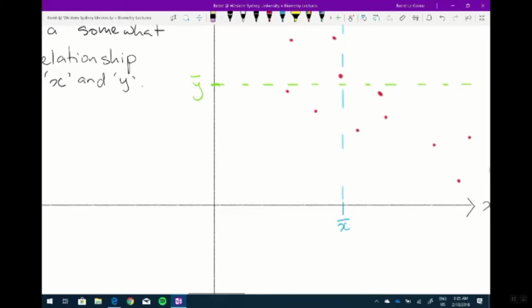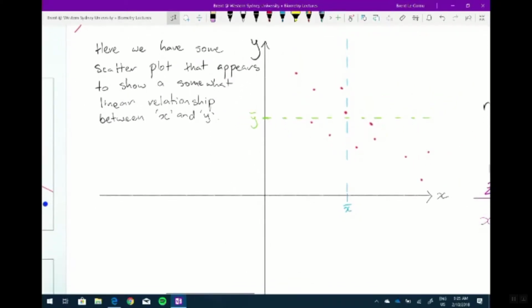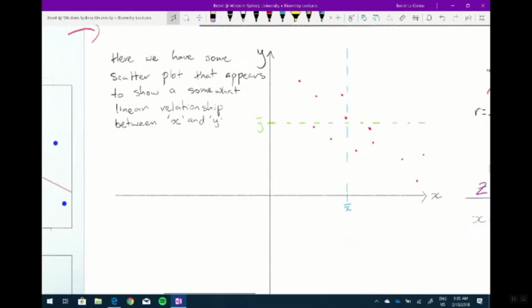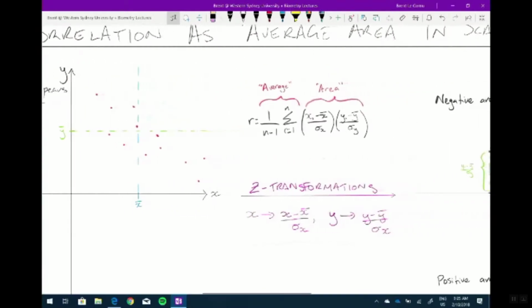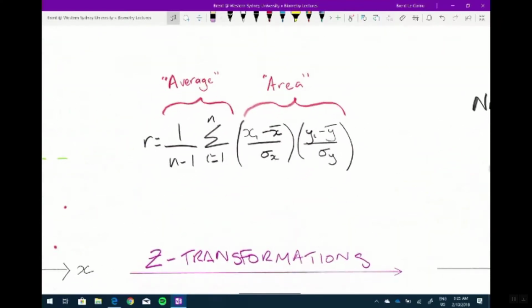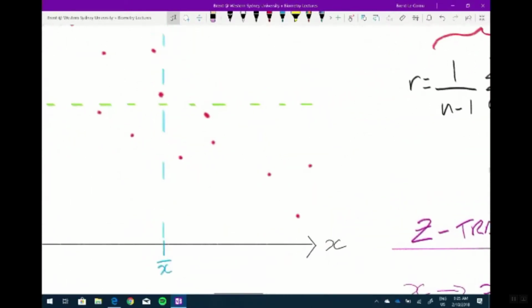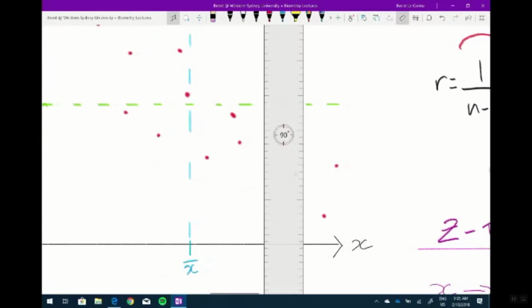So what does the correlation do once you've got this information? Once you've got a scatter plot and you've got the means of both of your data, what does the correlation do? The correlation coefficient is really like an average area. This was the formula that we had. What I'm going to do is a transformation on the scatter plot. I'm going to take all of those points in the scatter plot and turn them into their z-scores, okay? So I've got an x variable somewhere here. If I look at, say, this guy here,